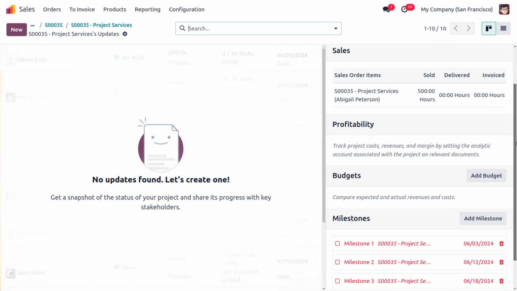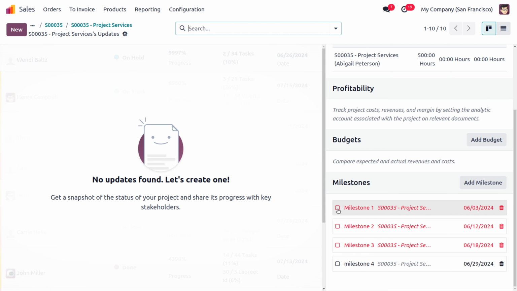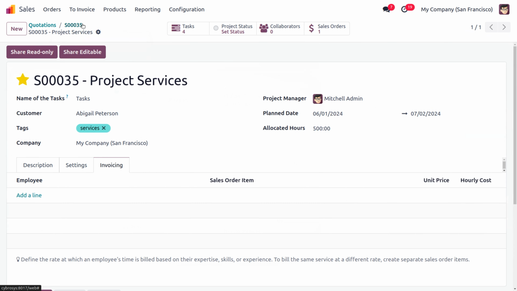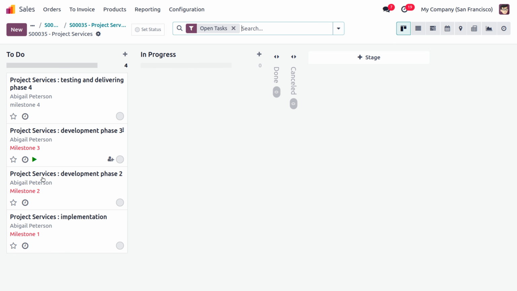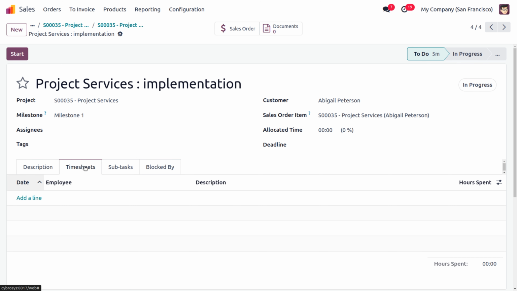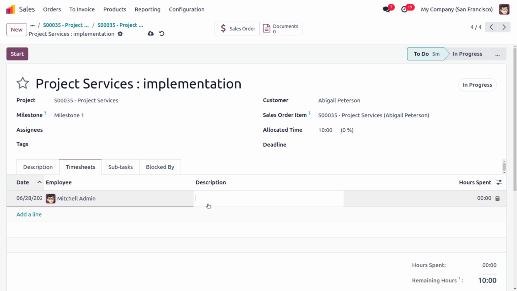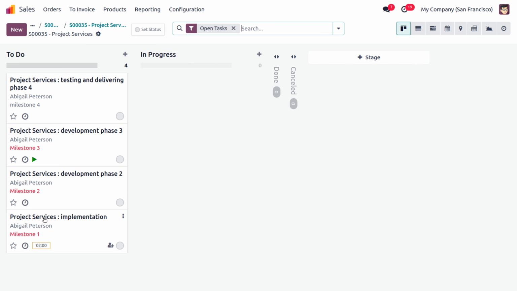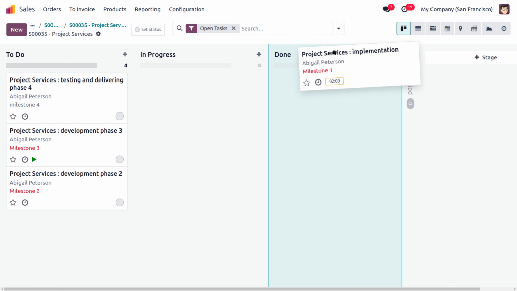So once you complete this, you can click over here and complete this, or move back to the project status. Over here, you will have the first milestone. You can mark it as done. Okay, so before marking it as done, let me add the timesheet for first implementation service. I'll be adding, this is for allocating 10 hours, and the employee has worked for 8 hours. Okay, so this will be moving to done stage,